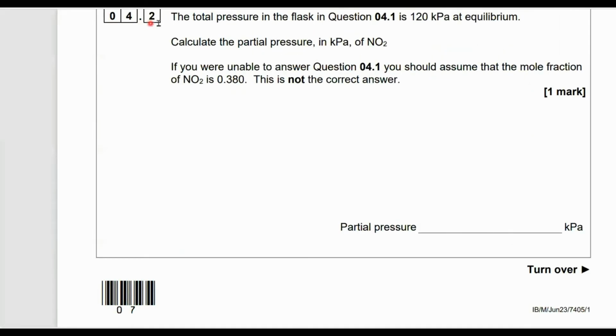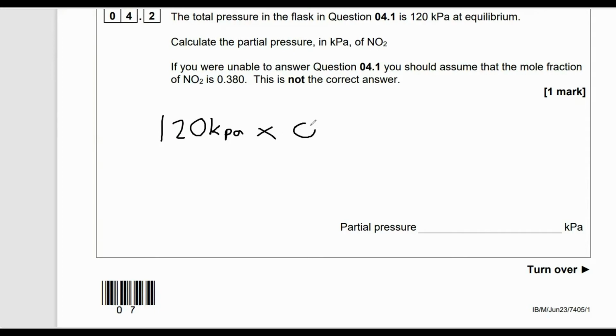4.2, zooming in. The total pressure in the flask in question 4.1 is 120 kilopascals at equilibrium. Calculate the partial pressure in kilopascals of nitrogen dioxide. If you were unable to answer question 4.1, you should assume the mole fraction of nitrogen dioxide is